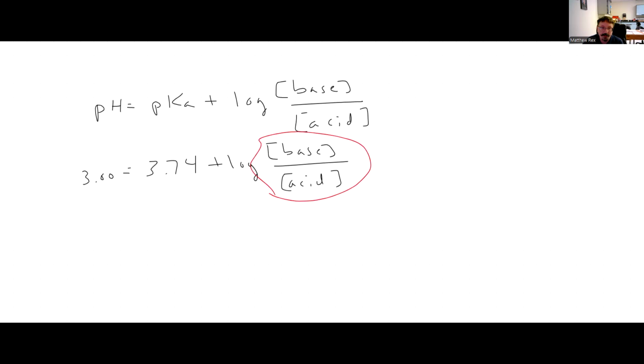That means for the log portion, that has to be some sort of fraction, 0.6, 0.3, whatever, because the log of anything less than 1 will be a negative number. And so to get that, that would mean the acid concentration